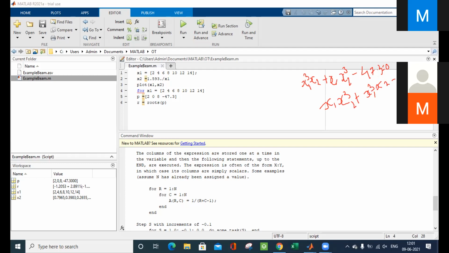Okay. So if you want to write down this thing in polynomial form in a general way, let me just delete this and enter. You can see that one tab is given. You cannot write directly below the for. You have to put some space. That means whatever you are now going to write will be considered inside the for loop.